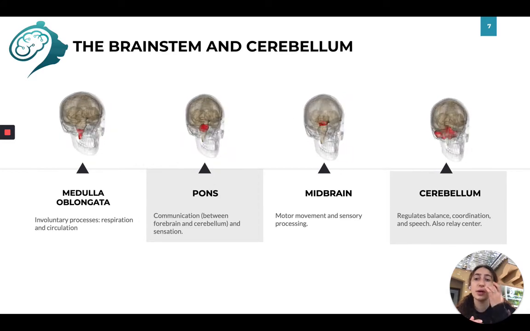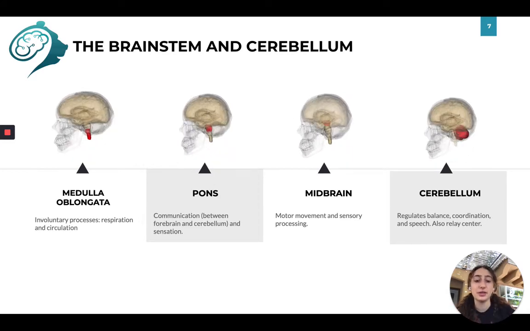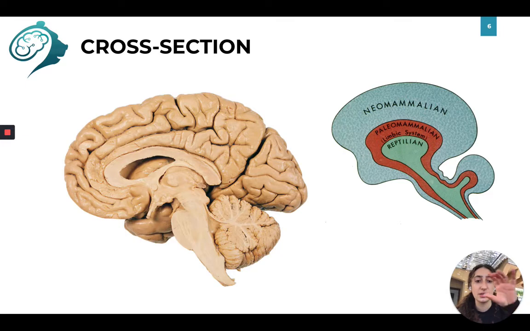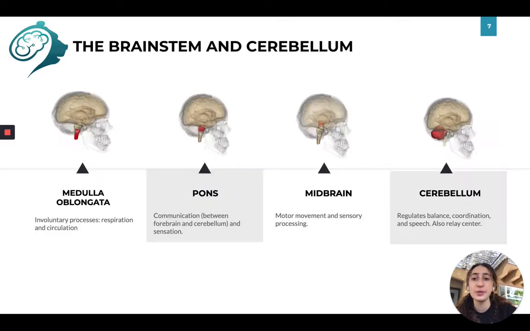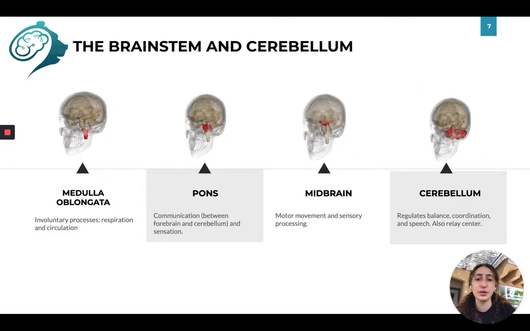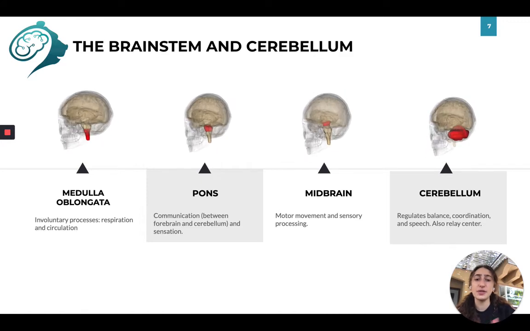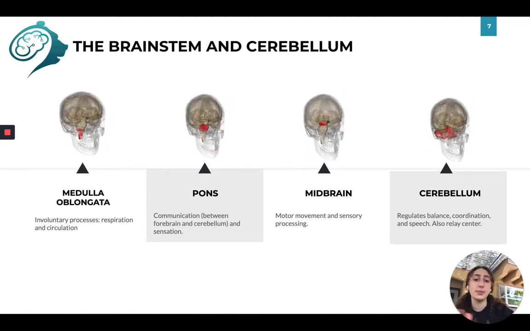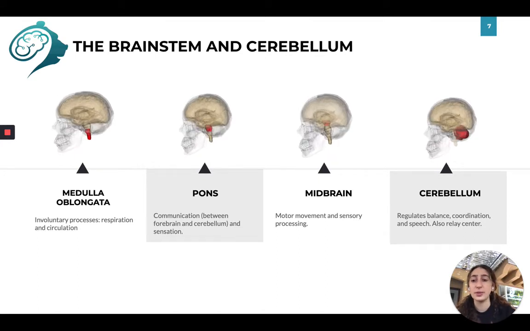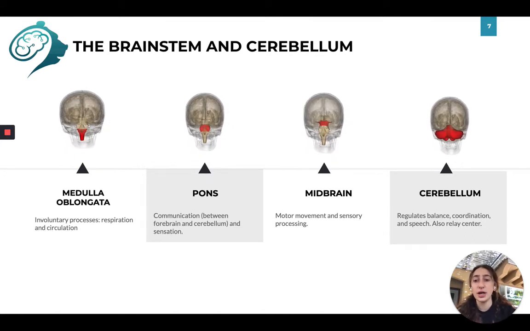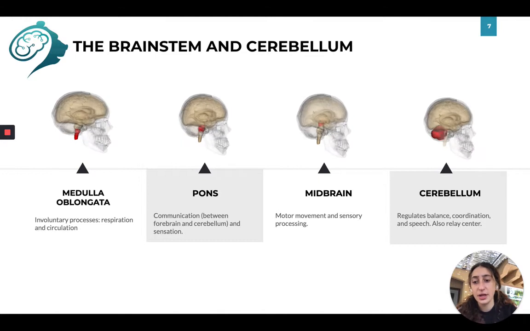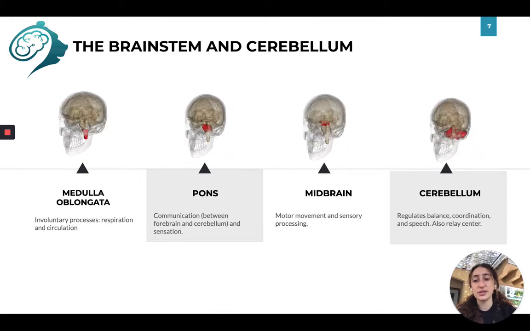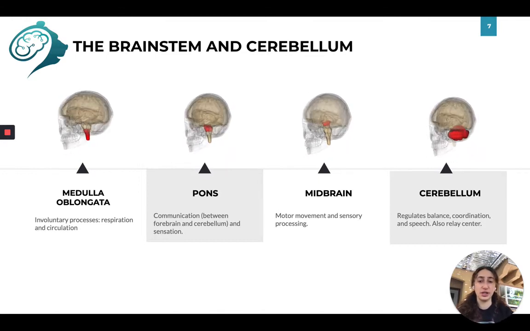So here we will talk about the brainstem and the cerebellum. If we were to go back here, that is composed within the reptilian brain. It is made up of these four parts: the medulla oblongata, pons, midbrain, and also cerebellum. The medulla oblongata, highlighted in red on the left here, controls involuntary processes such as respiration and circulation, really important